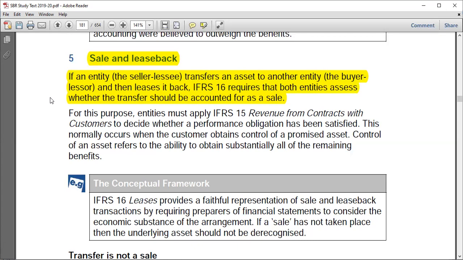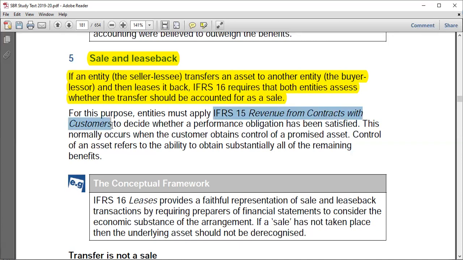You just treat it like a loan. Someone has just given me a loan, right? I'm still in my house, I'll still stay in my house. Someone has given me money, and I'll be paying them back little by little. So to know whether the transaction is a sale or not, we usually refer to IFRS 16,